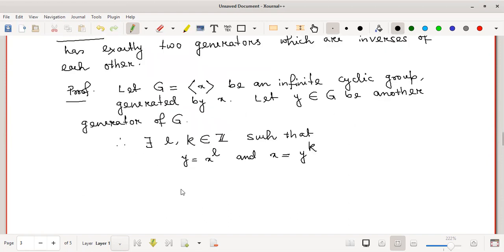If this is the case, y equals x to the power L, but x equals y to the power K. So ultimately y equals y to the power LK,